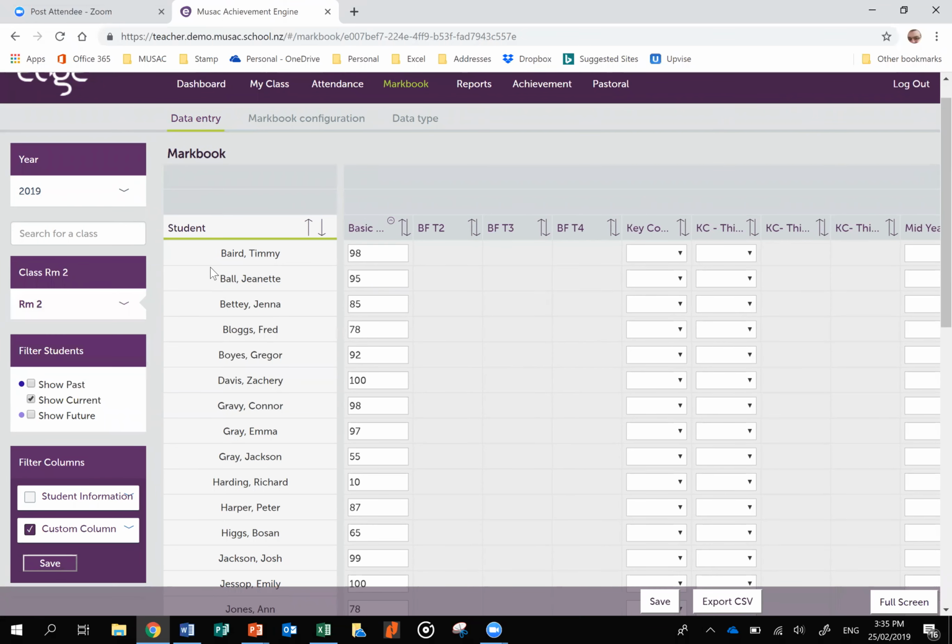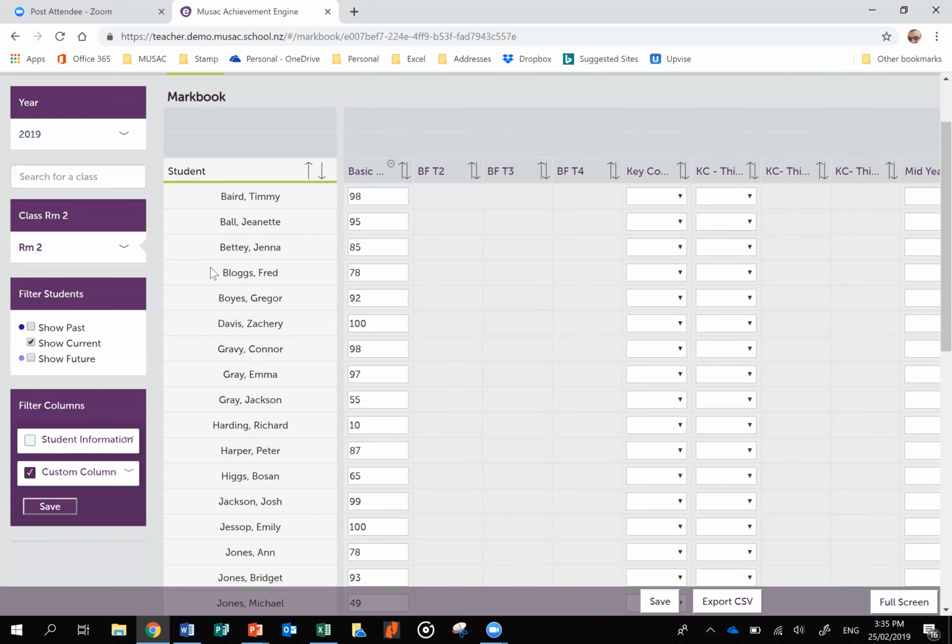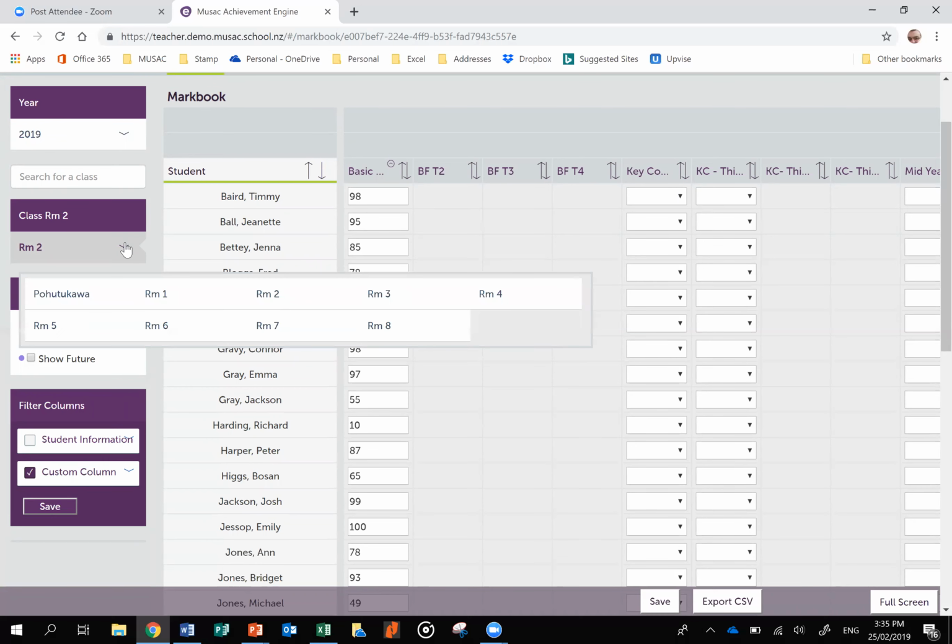At the moment, I want to look at Room 2's data. I have clicked on 2019, and I've only got Room 2 in here. If I'm more than just a teacher, I can see various Markbooks throughout. If I was a secondary school Markbook assessment coordinator, I could see all the Markbooks in the school. In most cases with primary schools, you are only going to have one Markbook, and that Markbook would be shared across all these rooms that are available. They'll see all the same columns, but they'll only see the students in room 8, for instance, here, room 7 here, room 6,